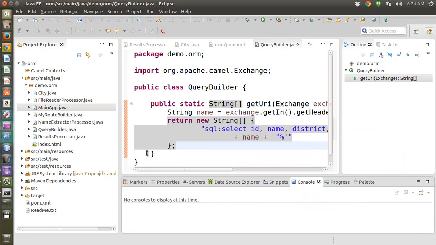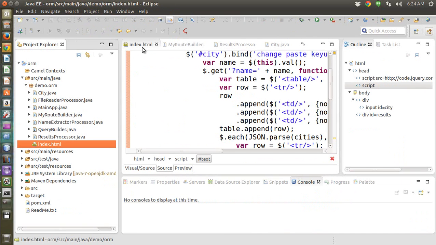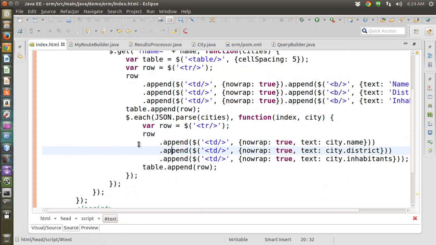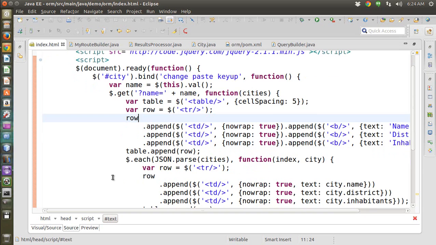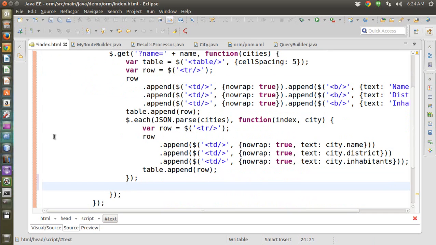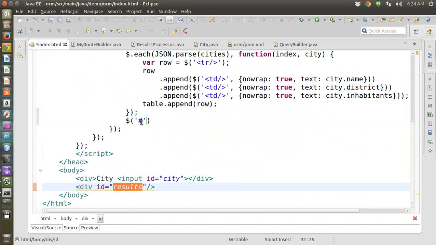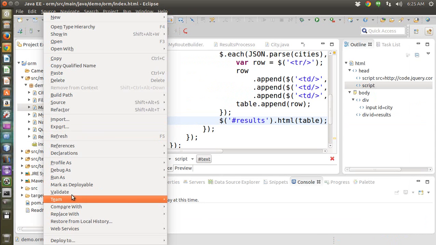Anyway, this demo is quite simple, so it's basic, but we just have to pay attention. So I forgot in the end, as you can see here, I'm creating the table, I'm creating the header, I'm appending each row, but in the end, I forgot to display it. So we have in our page a container for the results. All I have to do is set the HTML of the container to be this tag, the table. So now when I finally run the integration again,